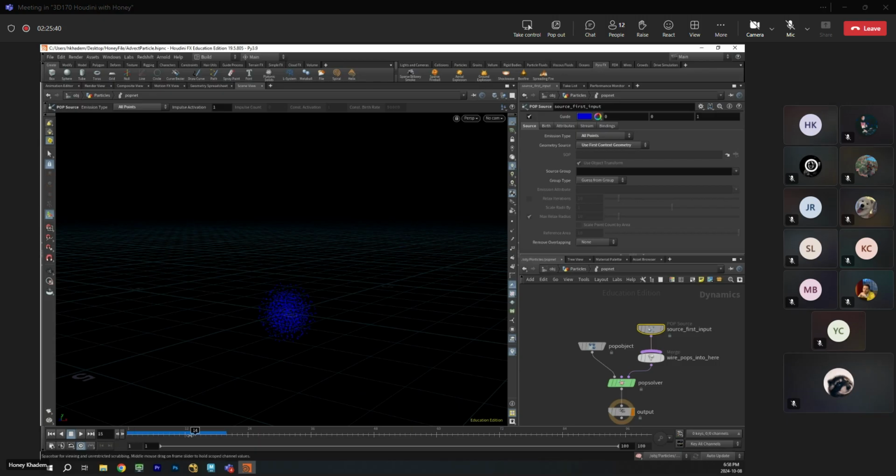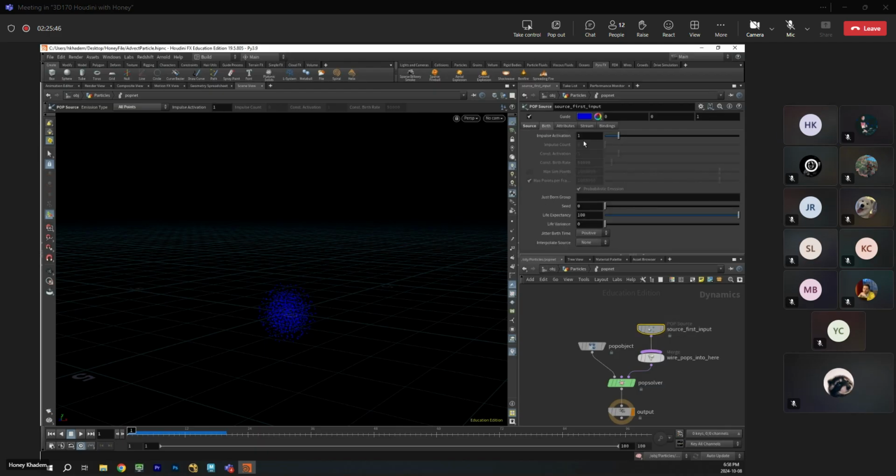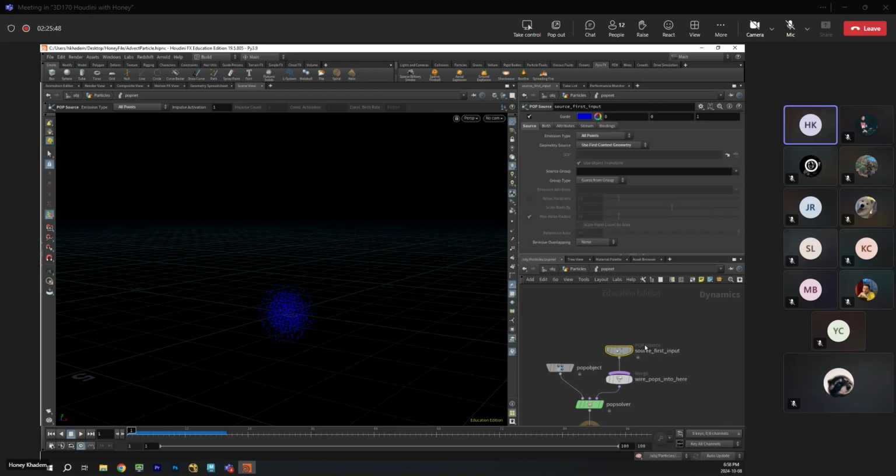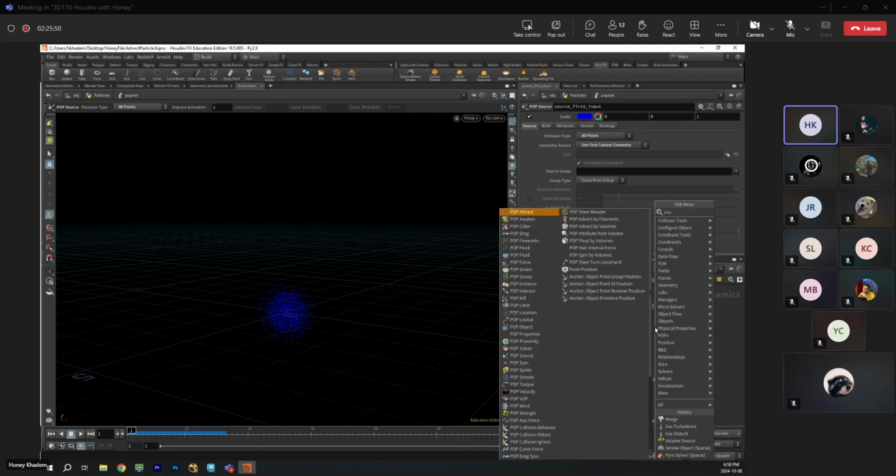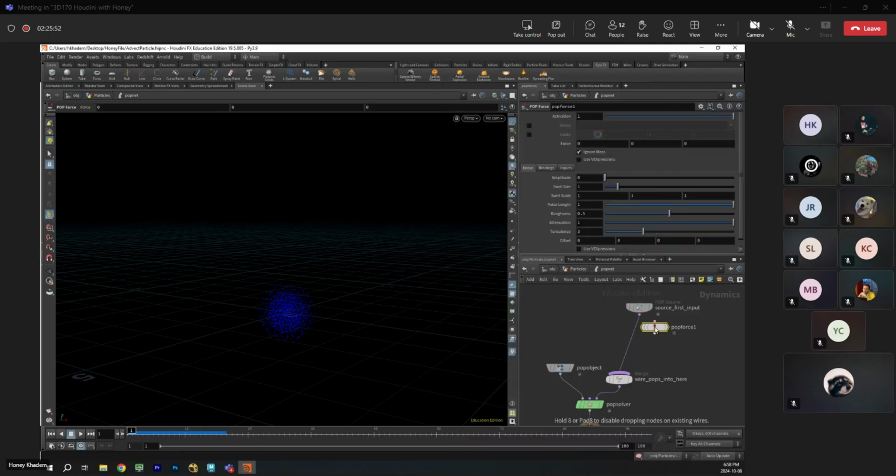Yeah. It's emitting points, but they're not doing anything. So let's say birth. If I do pop force, for example, and if I say go up, now all the points are going to start going up.